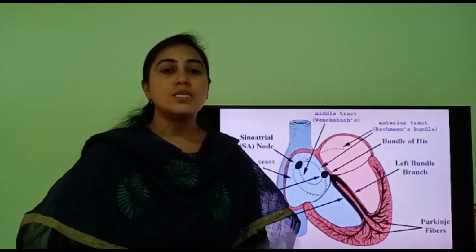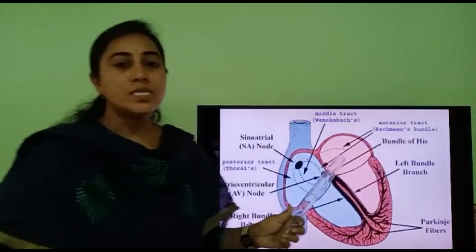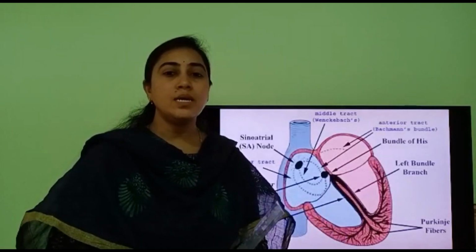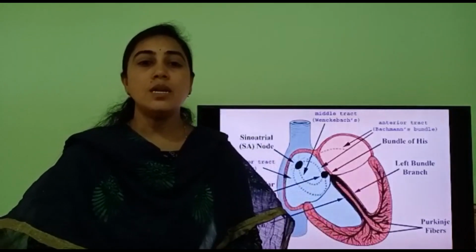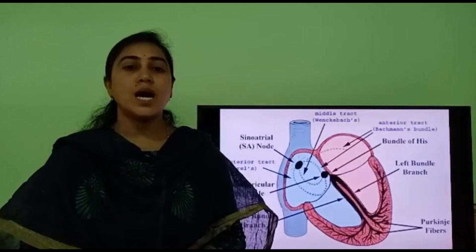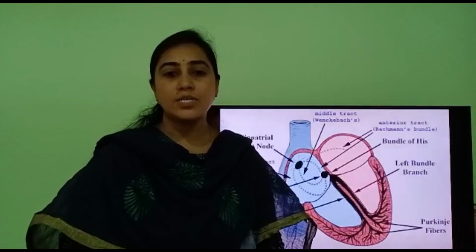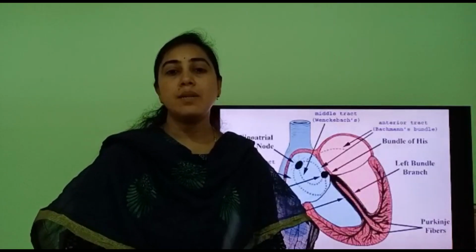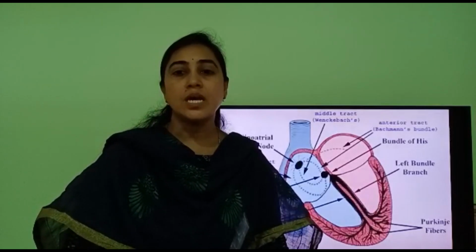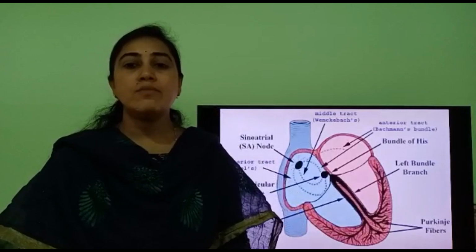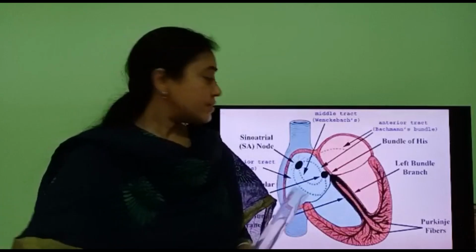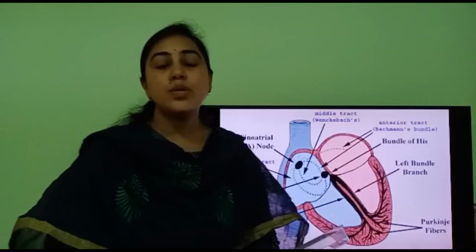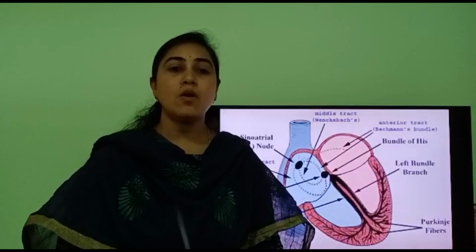Here we can see the atrioventricular bundle. It divides into left and right bundles to distribute the electrical potential into the wall of the heart to participate in muscular contraction, and these are called bundle branches. These are again divided into small fiber-like structures called Purkinje fibers, which extend into the wall of the heart to participate in contraction.